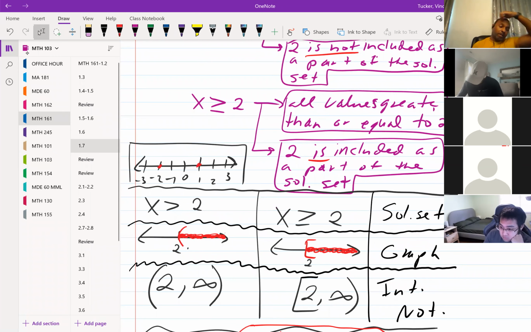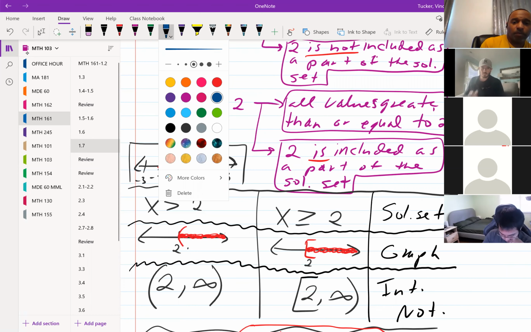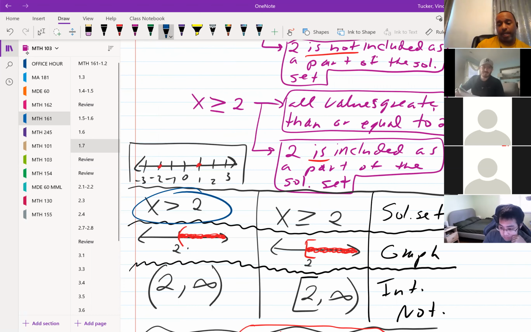All right, so in the black is just some specific examples of how we would use our 3 pieces to represent the same answer or the solution set. So if I were to solve and I have X is greater than 2 as my solution set. Now, when you look at your generic number line,